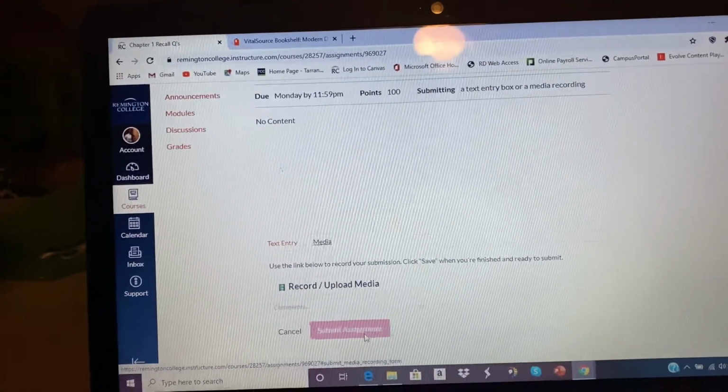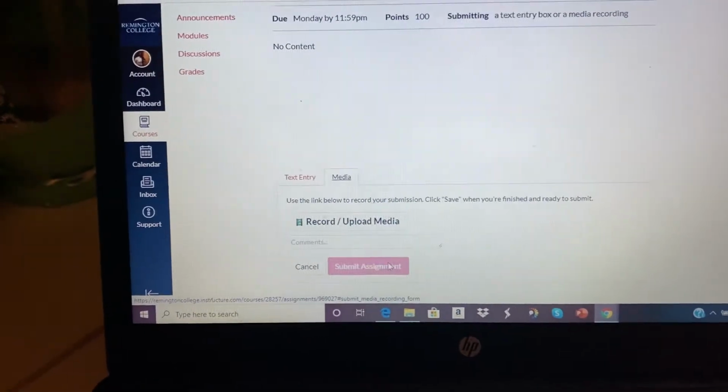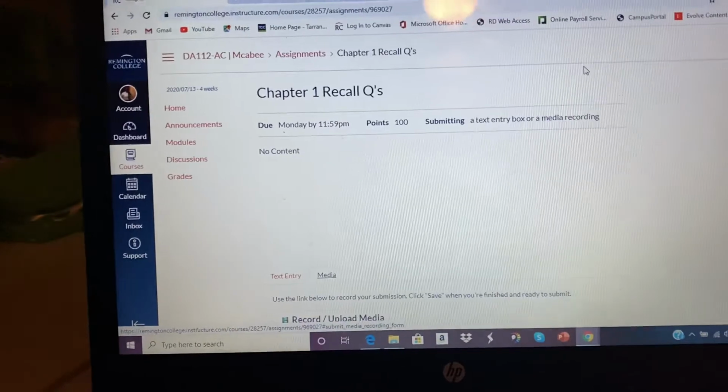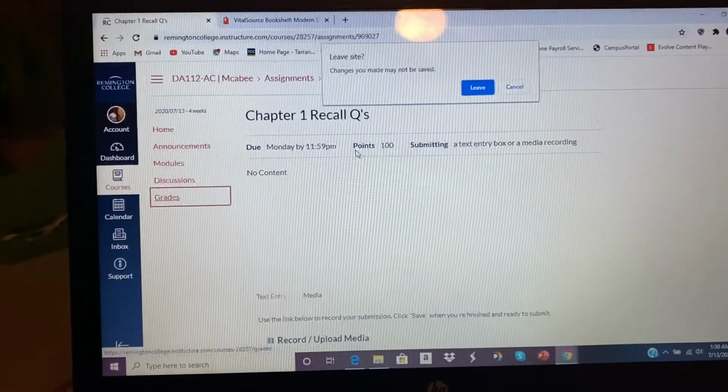Well, of course it's going to be a little bit faded because you didn't upload anything, but after, you can press submit, and then it comes straight to me for grading. Okay, so that's how you submit the assignment. I'm gonna show you the other way you can submit, find the assignments, because sometimes